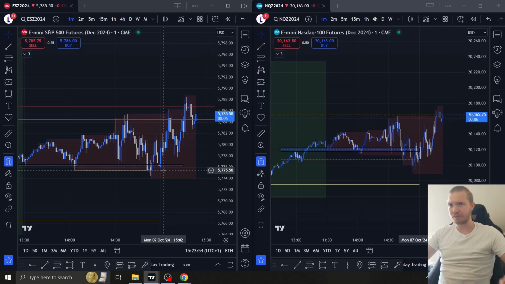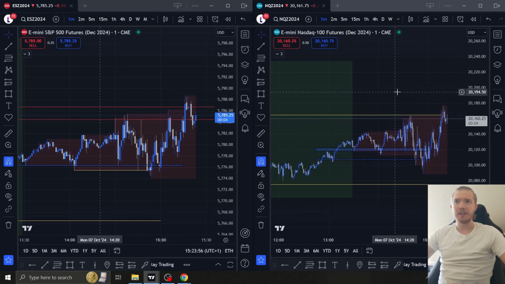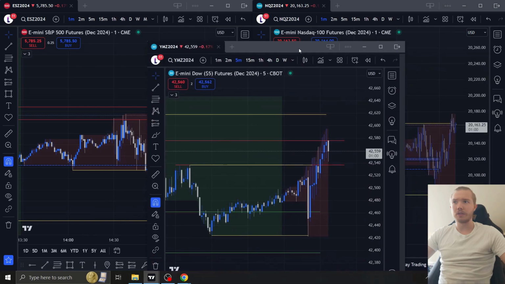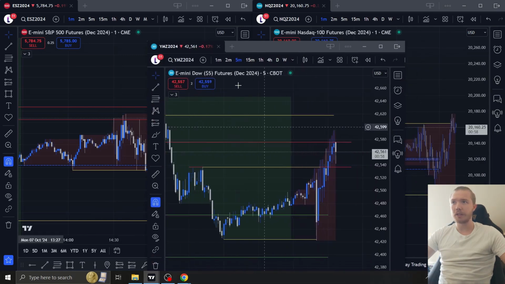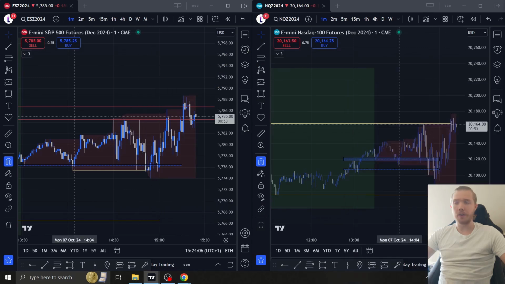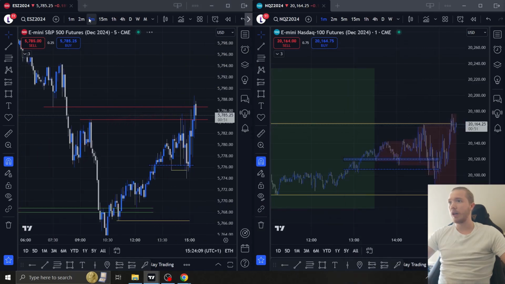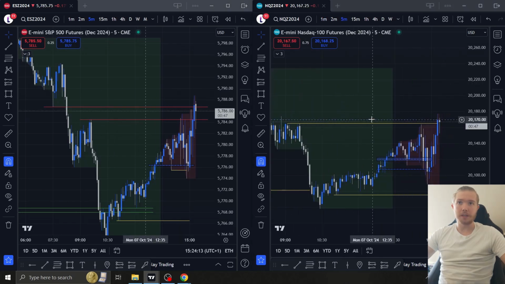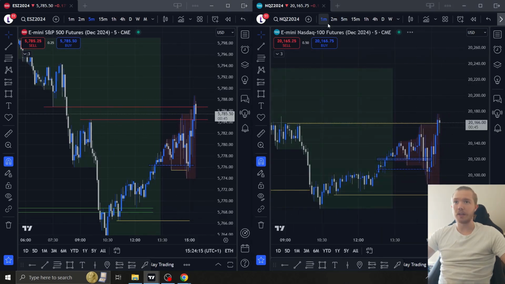you're picking a reversal. Generally, I'm looking for this market to go higher as well, by the way, just as a side note. I'm looking for Dow to actually reach up into these highs at some point today, although it's probably going to be very, very slow, so I'm not really bothered about trading this. And just like I said in my last video, I'm looking for high probability conditions, and really there's nothing here.